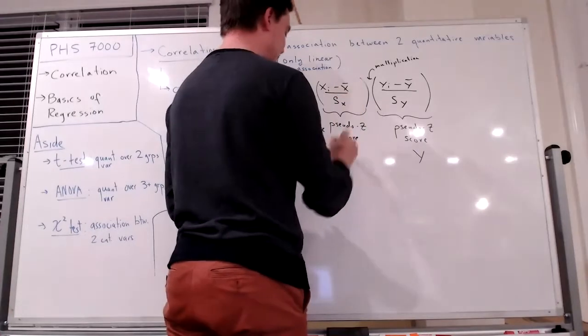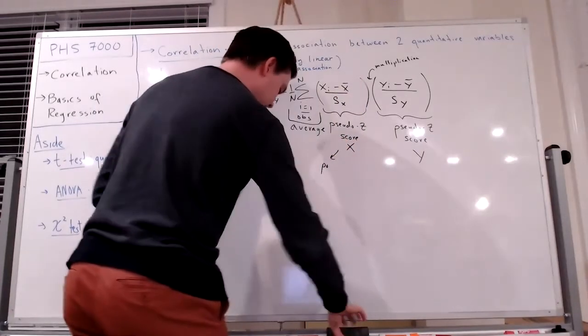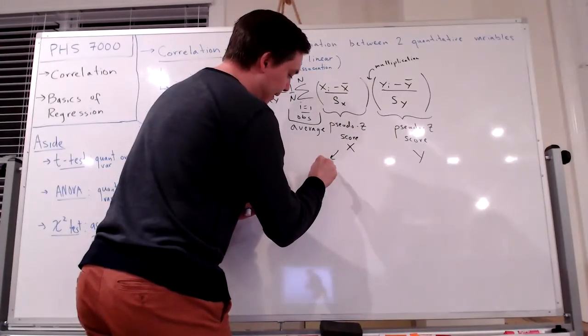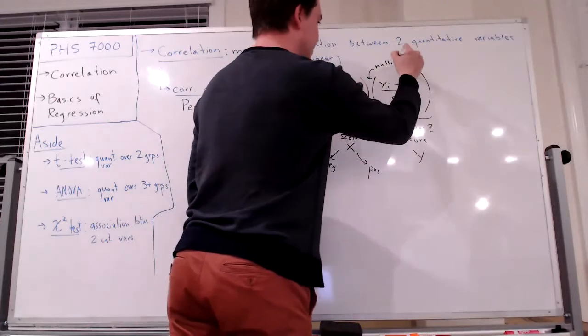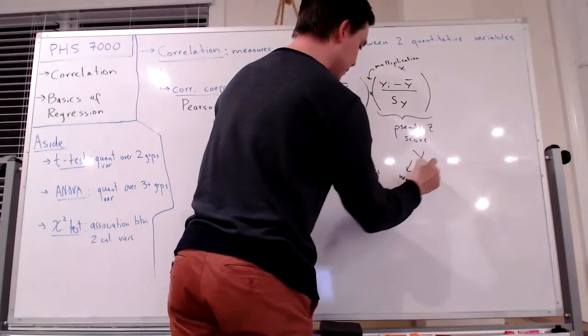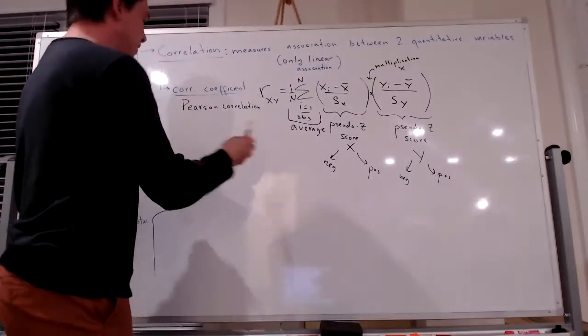So this is a number that is either positive or negative, times, this is a multiplication sign in here, something that is either negative or positive. And so this correlation coefficient